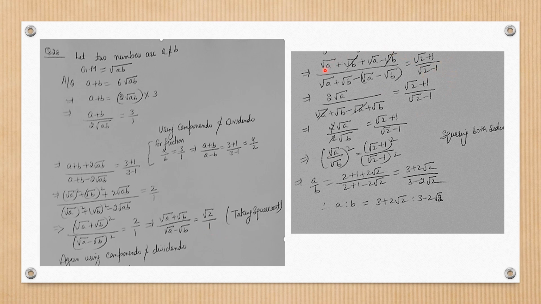So after solving it, it becomes 2 root a, and by opening the bracket, I'll get in the denominator 2 root b, and this is your root 2 plus 1 upon root 2 minus 1. So 2 gets cancelled. I get root a upon root b is equal to root 2 plus 1 upon root 2 minus 1. Now I need to get a upon b, so I'll square both sides, and squaring both sides, this becomes a upon b, and this is your (root 2 plus 1) whole square and (root 2 minus 1) whole square, that is root 2 square is 2 plus 1 plus 2 root 2, and denominator is 2 plus 1 minus 2 root 2, which is your 3 plus 2 root 2 upon 3 minus 2 root 2. Okay, so this is also one way of working out this question.